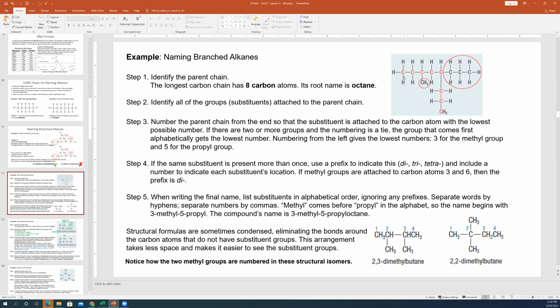And if we start numbering from here, we get 1, 2, 3. So this will be on 3, this will be on 5, and then 6, 7, 8. Or if we start numbering from here, 1, 2, 3, 4, and then 5, 6. So we can either have our name have a 4 and a 6, or have a 3 and a 5. So 3 and 5 are lower numbers than 4 and 6. So we would choose probably going this way, but more importantly,